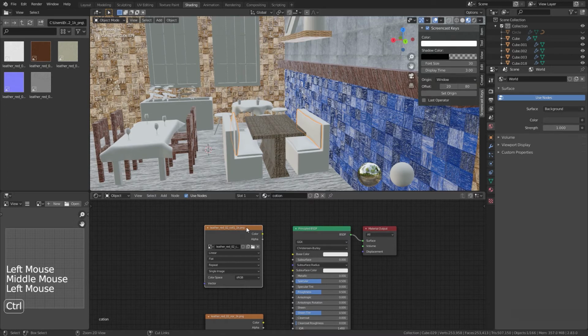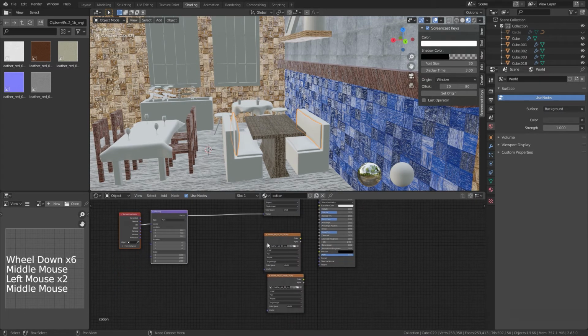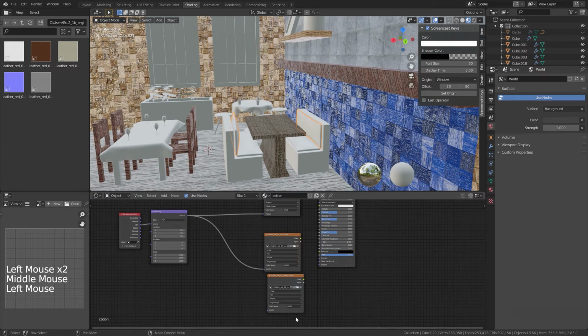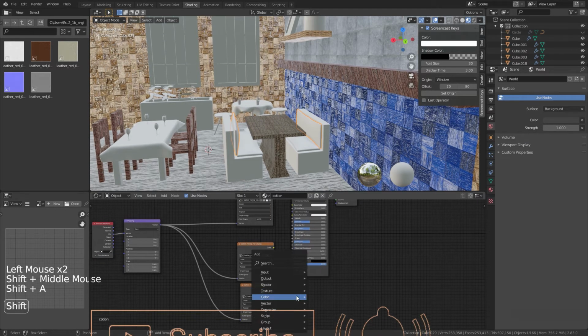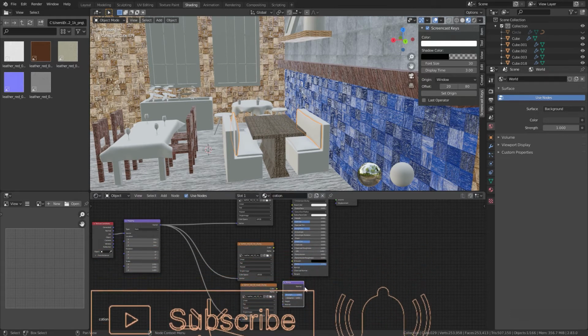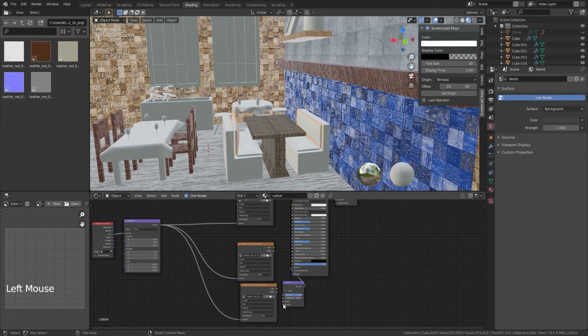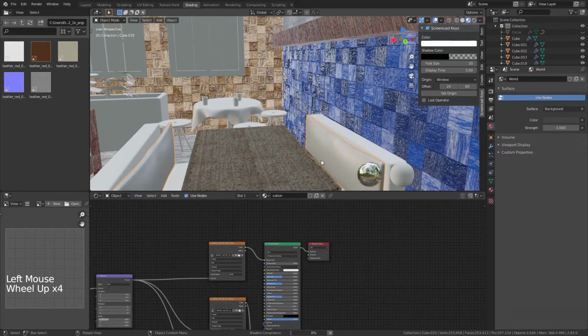Ctrl T for adding the texture coordinate and map, and we will connect these two here, and a bump map, normal to normals, height to here and normal here, base color to the base color, and